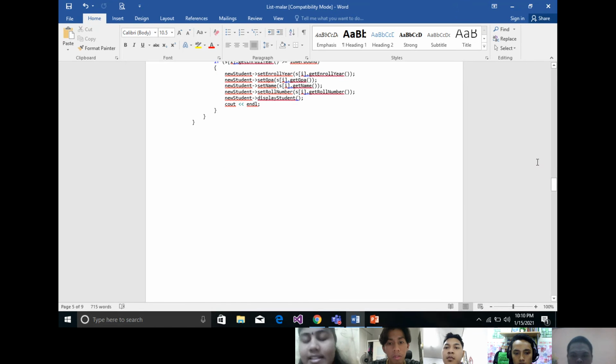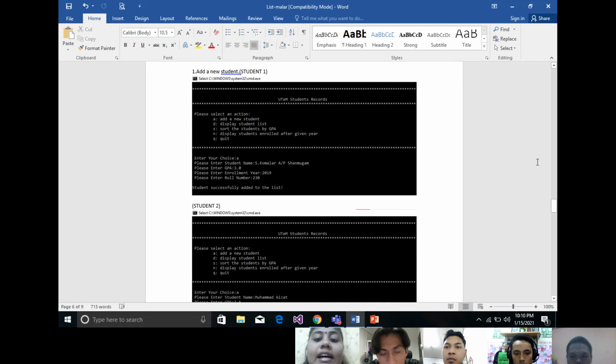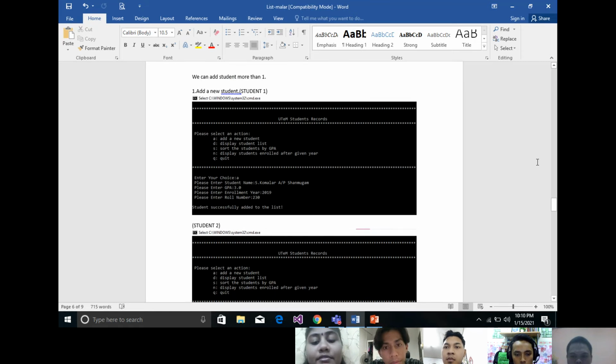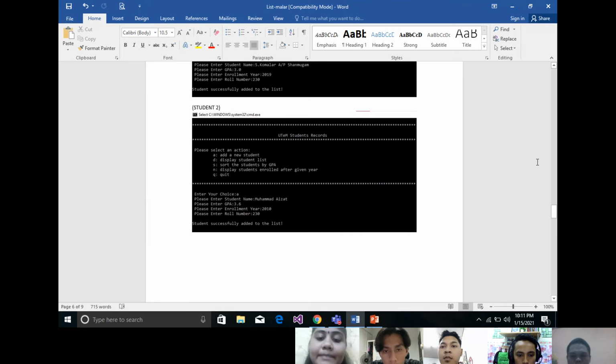This is the explanation of our project, what we did. There are some inputs that we got through our source code. For the first output, we could see how to add the students. The second output shows how to display the details of students after adding.